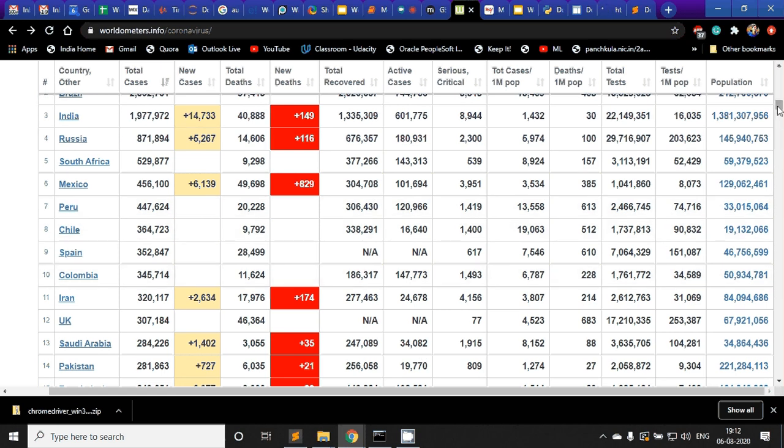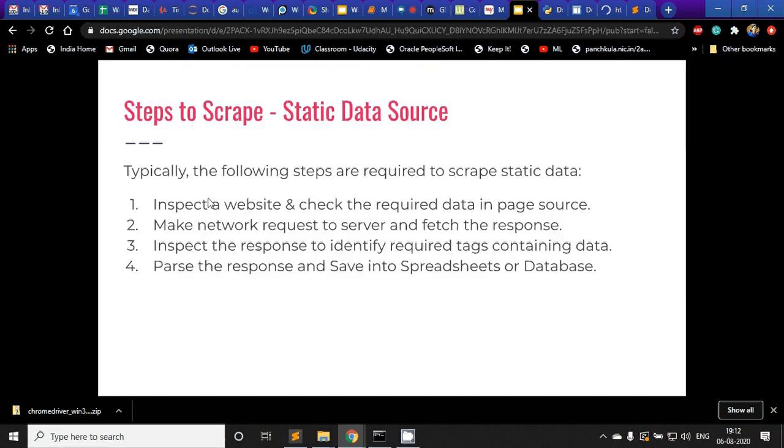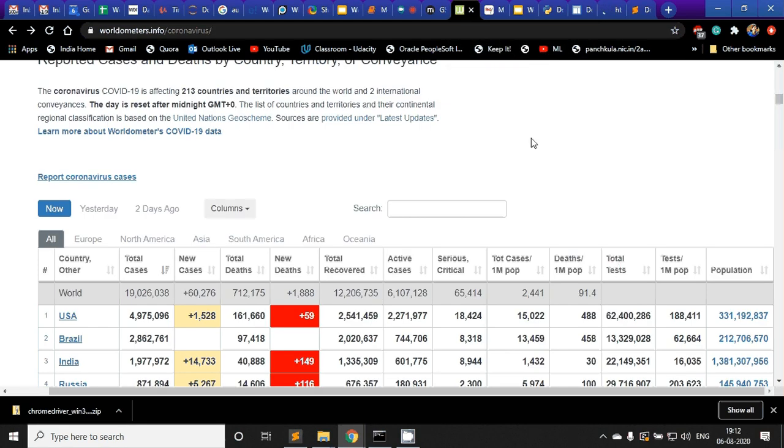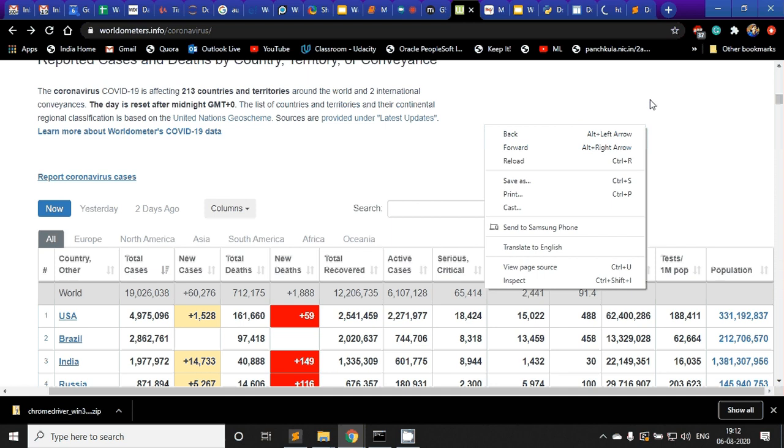so I can consider it a static data source for today. When I say that I want to first inspect a website and check the required data in page source, what I want to do is simply right click on the web page and say View Page Source. This page opens and shows me some gibberish, some code.